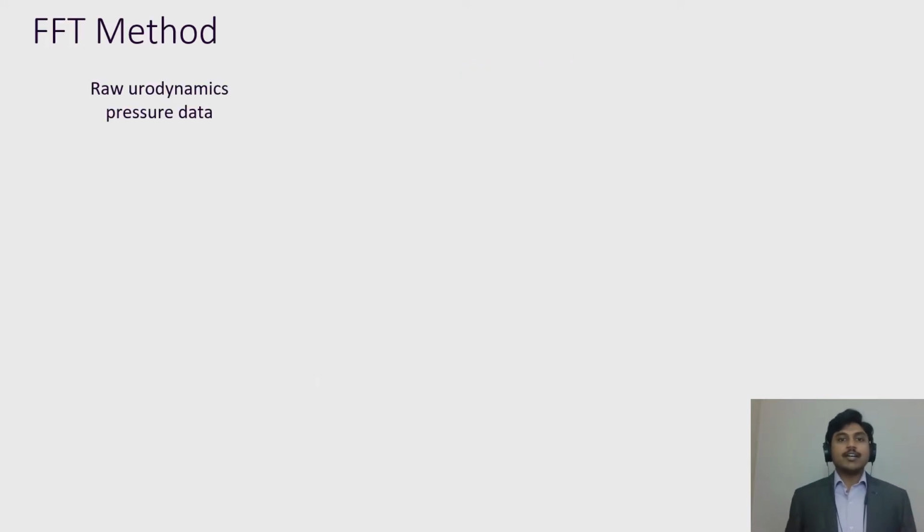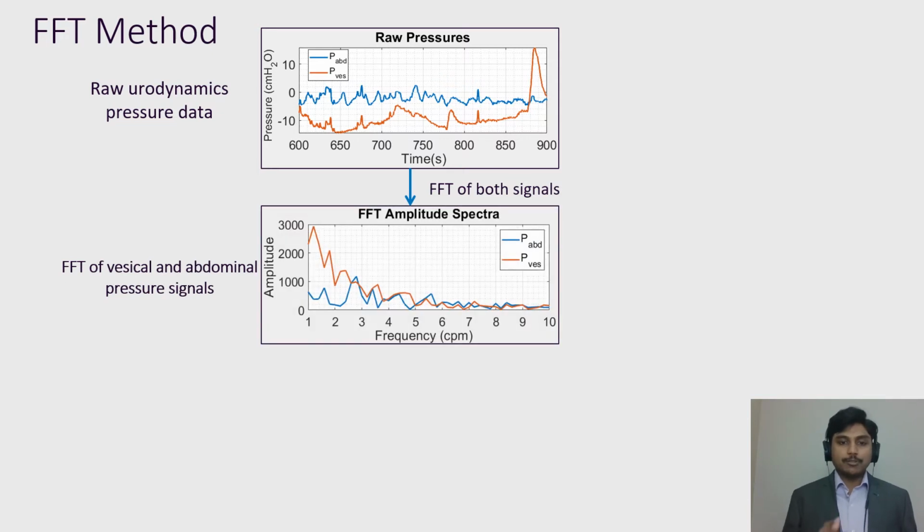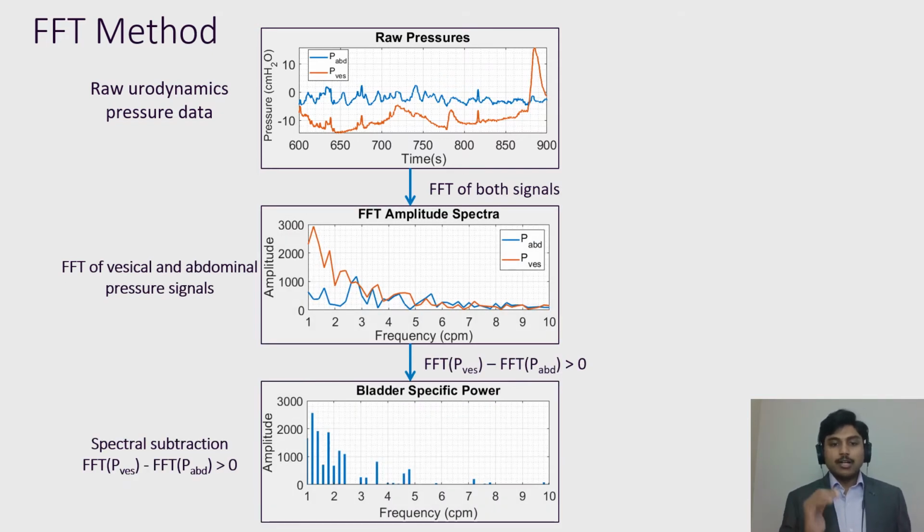To illustrate, I've shown an example of raw pressure plots where both vesical and abdominal pressures are visible here. We apply the FFT to obtain the amplitude spectra shown here, and from spectral subtraction we are able to detect the bladder specific power components of this particular segment, and from this we calculate spectral power and weighted average frequency of this segment, which shows that contributions of individual frequency components towards NVC signals in this segment are clearly depicted